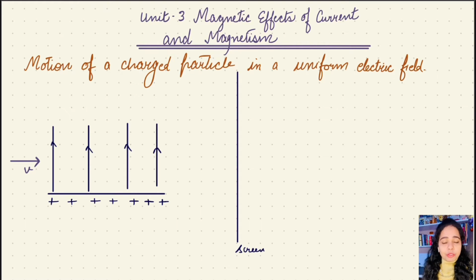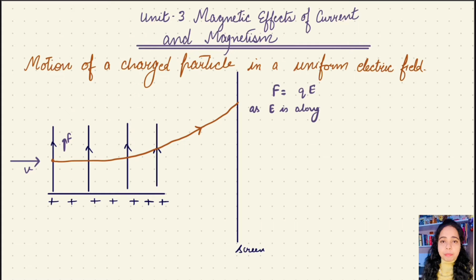First of all, this uniform electric field is going to exert a force on the charged particle, and we know that the force exerted by the electric field on a charged particle is given by F is equal to qE. But this force is acting along the y-axis, as the direction of the electric field is also along the y-axis. Therefore, we can say Fy is equal to qEy. The subscript y is used because the direction of the electric field is along the y-axis and the direction of the experienced force is also along the y-axis. So let us mark this as equation number 1.